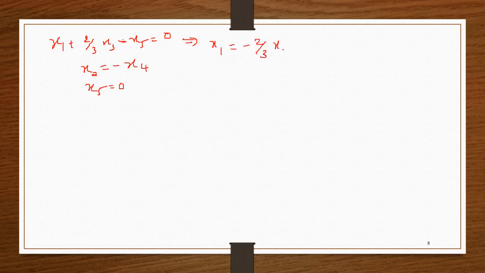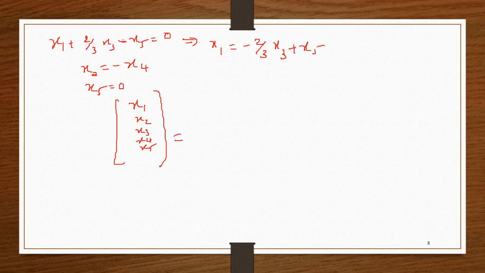Yes, now we have got an equation x1 plus 2/3 times x3 minus x5 is equal to 0, and we have seen that x2 is minus x4 and x5 is equal to 0. So we can write the first equation as x1 equal to minus 2/3 times x3 plus x5. So now if you write the solution set, we can write it as x1, x2, x3, x4, x5